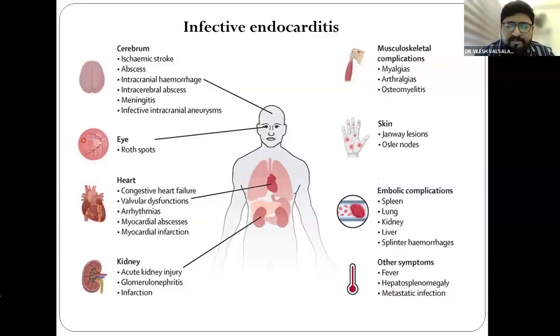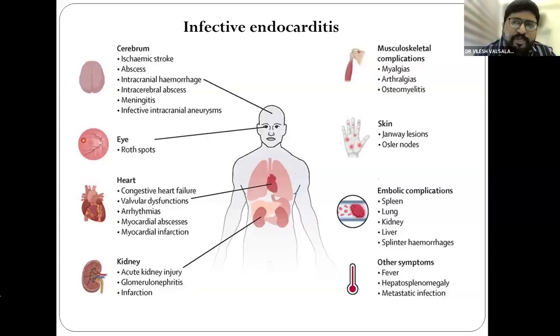And another symptom these patients commonly present with is fever. They can have a mild hepatosplenomegaly and signs of metastatic infection. So these are some of the symptoms of infective endocarditis, but it has to be picked up clinically with a course where the patient's fever is not settling for a few days, and when you go for what is called pyrexia of unknown origin, and do different investigations to